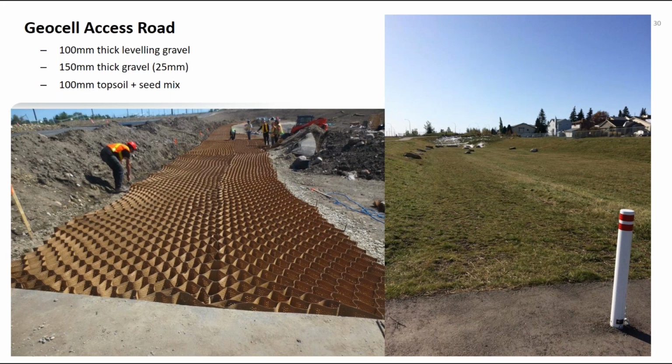bottom. This is the geocell that I had mentioned before. So geocell was filled with a granular product. So we used gravel to fill in the pockets of the geocell and then used topsoil and seed on top. And as you can see, it's almost seamless. The vegetation growth within the pond bottom and then over top of the geocell is pretty much the same. And that's just a view, I guess we're looking south now towards the bottom of the pond, so the deepest portion of the pond in the south